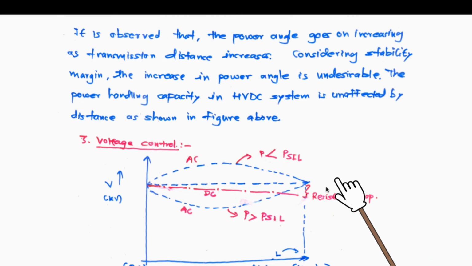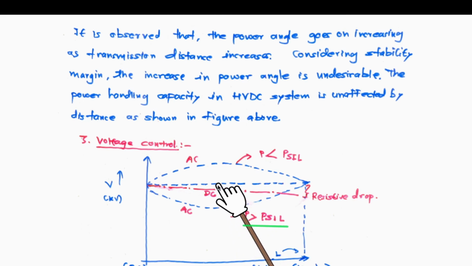Similarly, if you observe for loading greater than the surge impedance loading, there is a voltage sag in the middle of the line, assuming that a compensating circuit is present at the receiving end. If this sag is not taken care of, naturally it will land somewhere. So there is a need for a compensating circuit and for voltage control in case of the EHV-AC line. But let us observe the characteristics for DC.